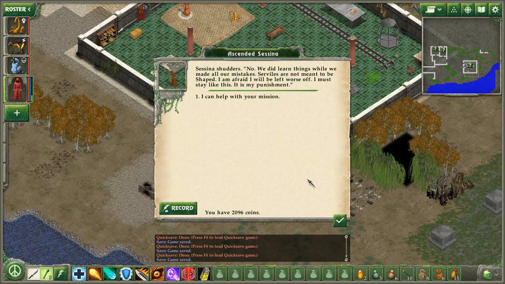Cecina shudders. No, we did learn things while we made all our mistakes. Servos are not meant to be shaped. I am afraid I will be left worse off. I must stay like this. It is my punishment. Okay. I can help with your mission. I mean, I really don't know what that mission is exactly, but